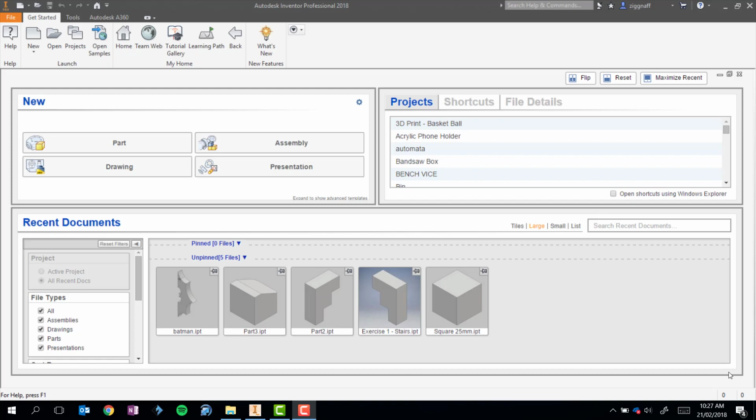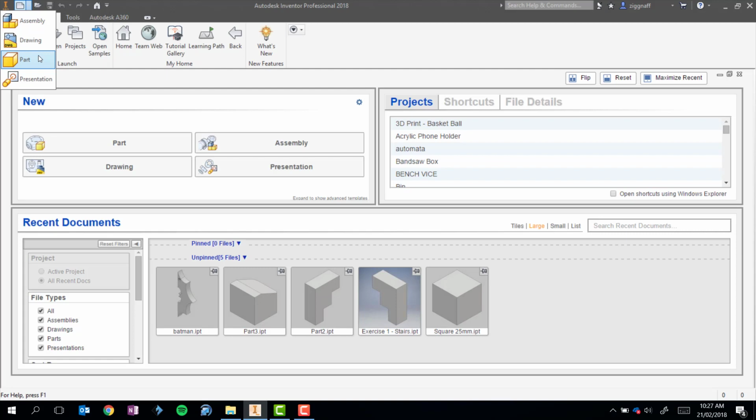When we want to create a part in Inventor, there's a couple of ways we can do it. If we're on the home screen here, we can simply come up to the new window and choose new part. Or we can come up here to the top toolbar and look at this little sheet here. And if we click the little arrow beside it, we can quickly access all the things that we might need